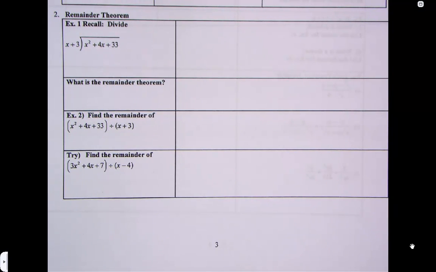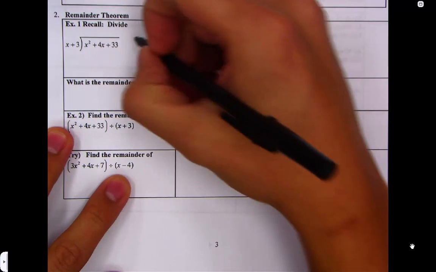Notes 7.2, factor and remainder theorem. Let's recall how to do long division. The steps are,